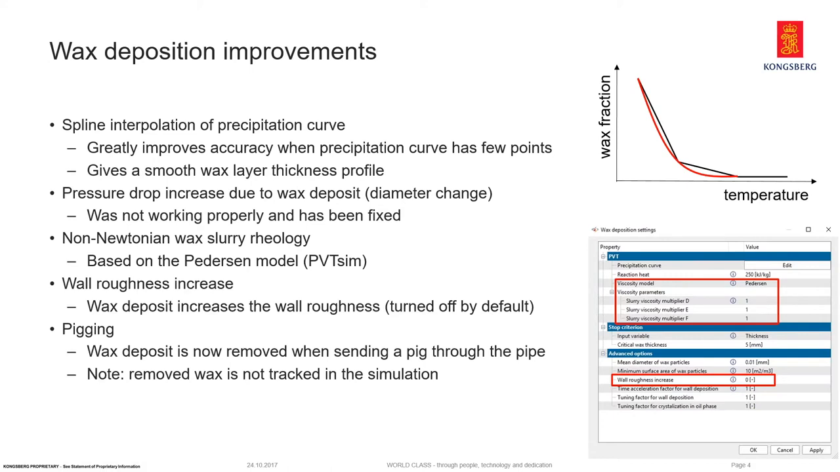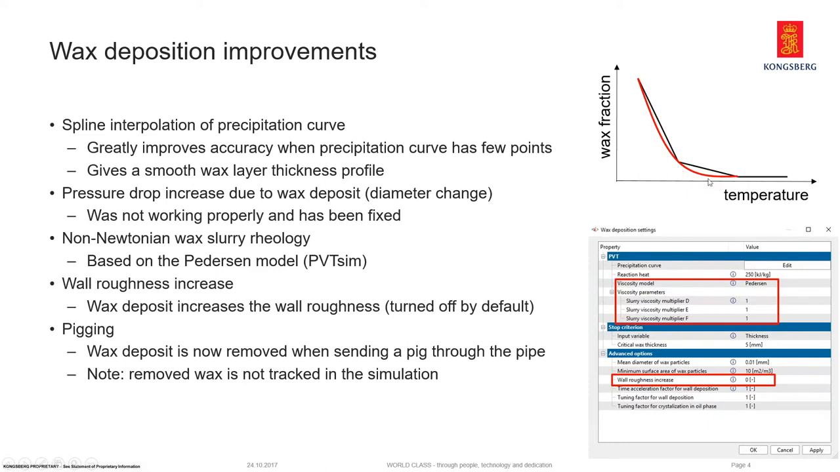The other main thing that we worked on for this release are the wax deposition improvements, and there are a bunch of improvements that are important there. So the first one is related to the interpolation of the precipitation curve. The wax precipitation curve gives you the wax fraction as a function of temperature. So when the temperature drops, you get more wax